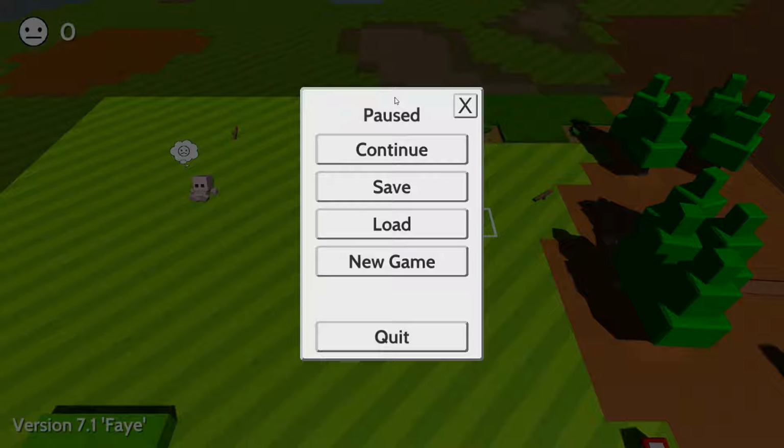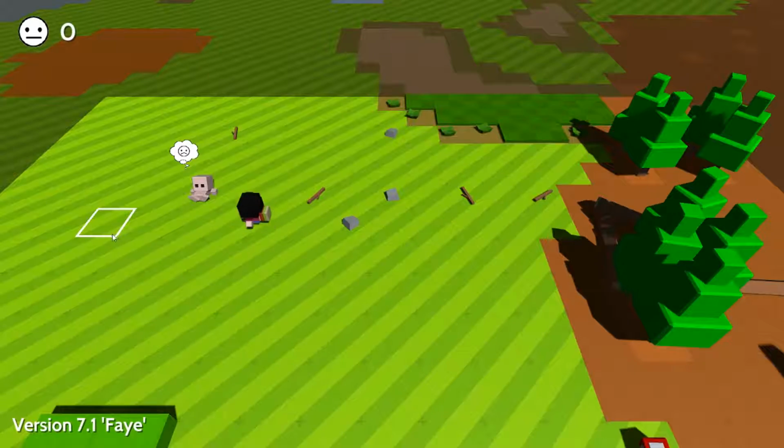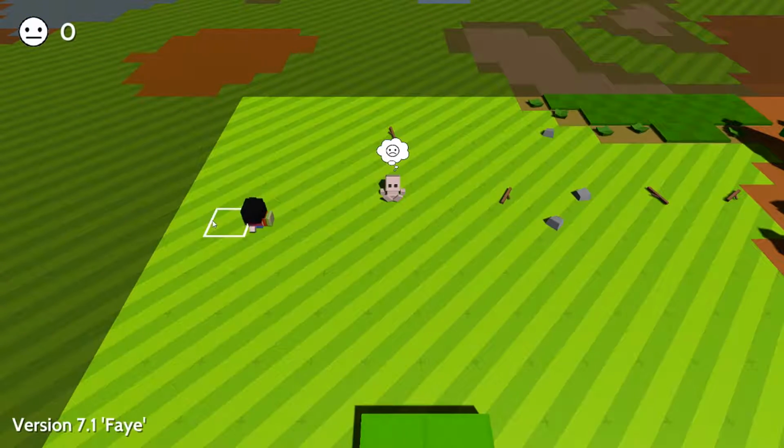Autonauts is a free little pre-alpha that is available on itch.io. I'll leave a link in the description. It's sort of a cross between Factorio and I don't know. Yeah. So the basic idea is